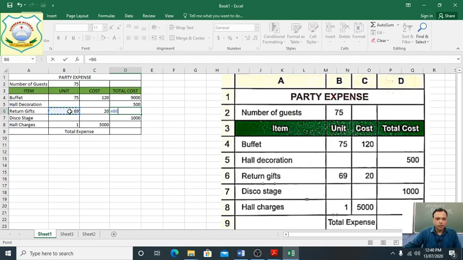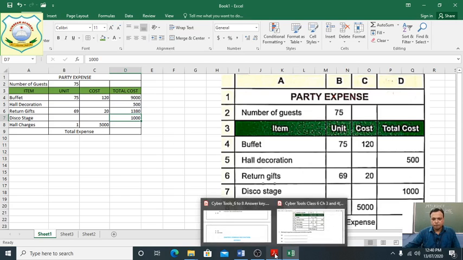What is given in B6? That is return gifts, that is the item, and 69 is given there. Now, multiply sign by shift and then 8. And cost is given in C6, so we will write there C6. Now, press enter. Now we have got 1380.